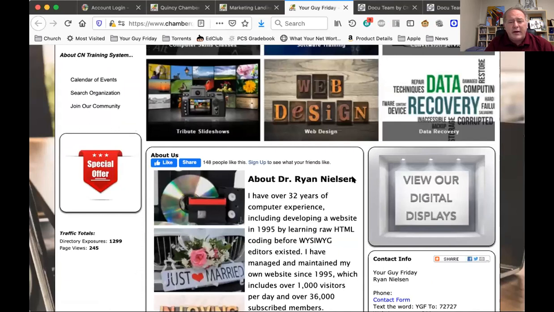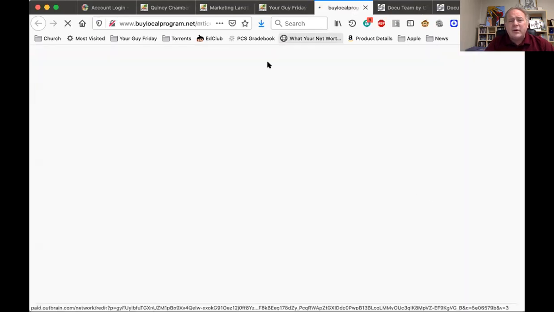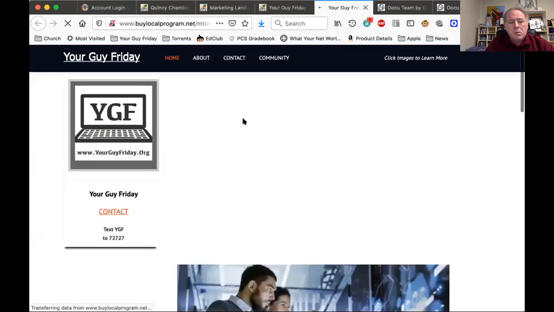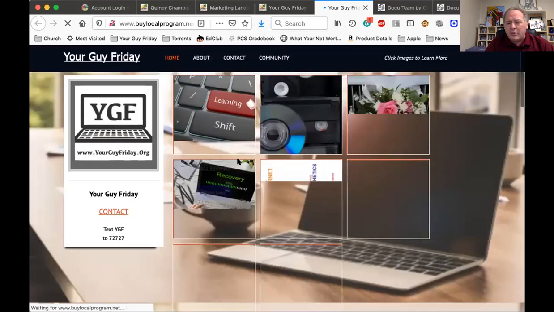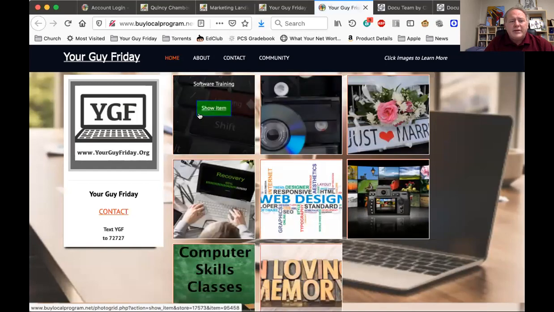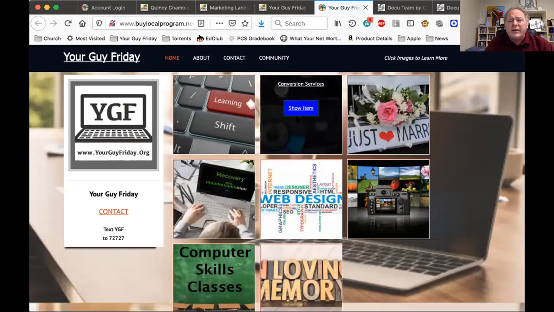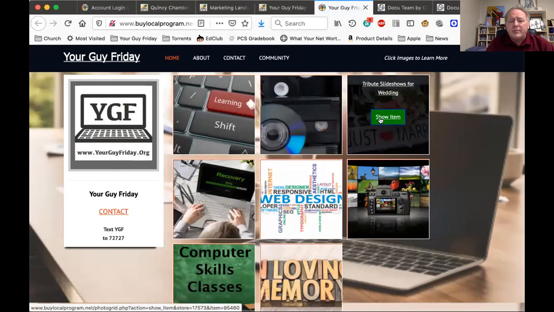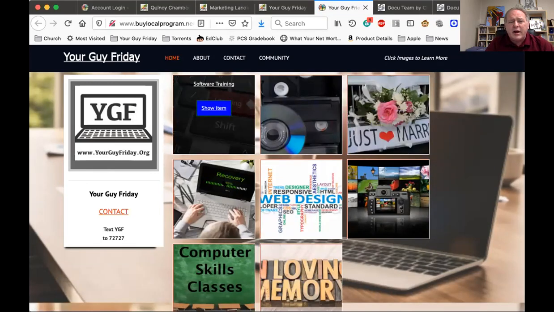Then you also have this here, view our digital displays. When I click on that, it's going to take us into what is called the digital displays. I'll show something more in just one moment. So when you come in here, these digital displays are all of the different things that you offer. And there can be more than just this. These are the things that I offer.